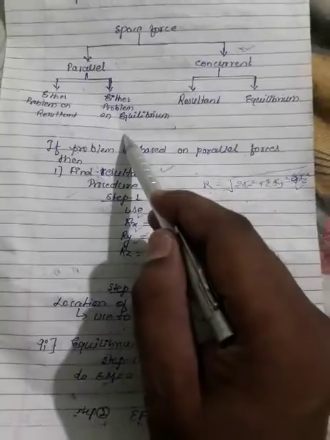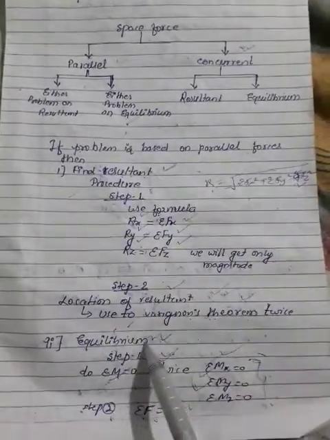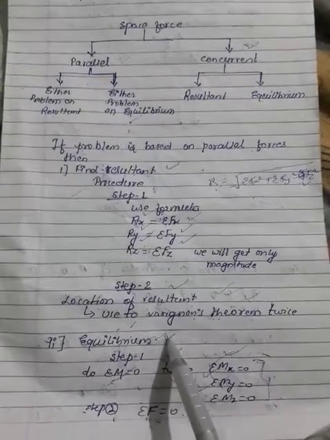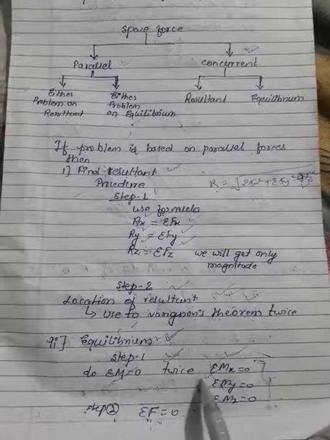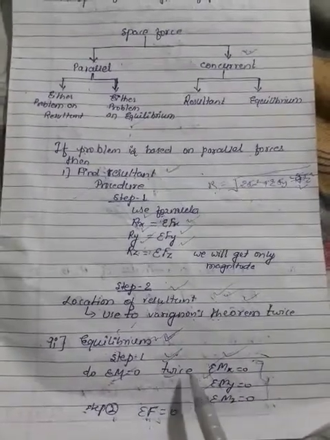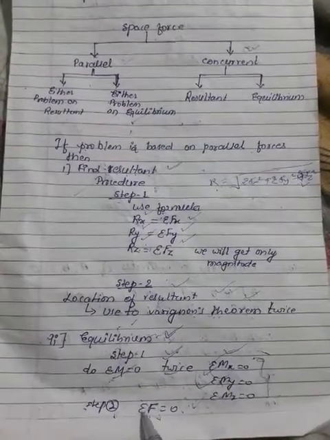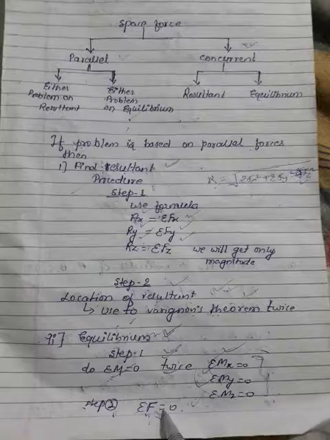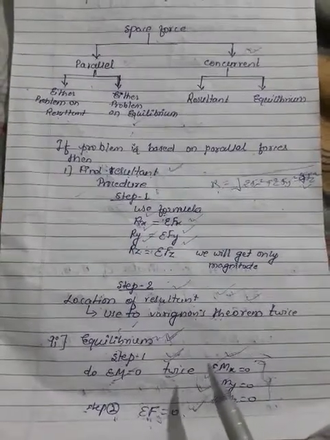If the problem is to calculate unknown forces, then I am going to use equilibrium. This type of problem falls under equilibrium, and I am going to use initially the moment about any axis two times, depending on the given data. Next I am going to apply summation of force equal to 0, depending on what I want to calculate.